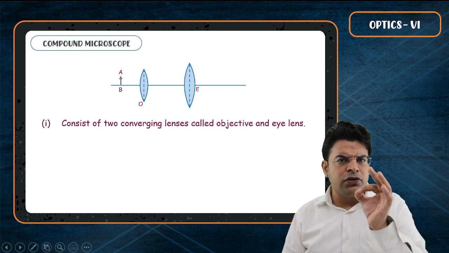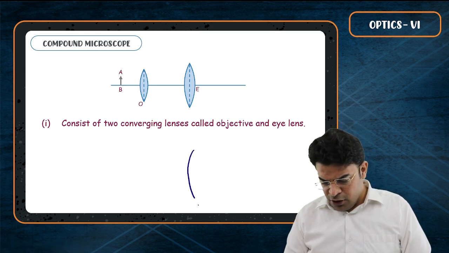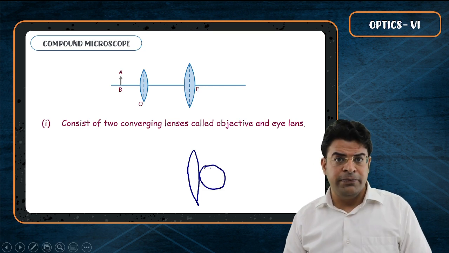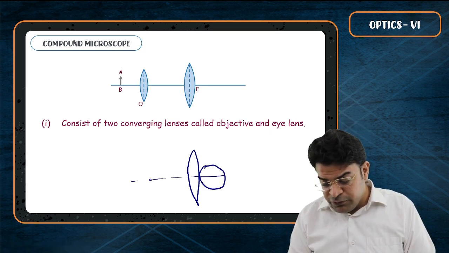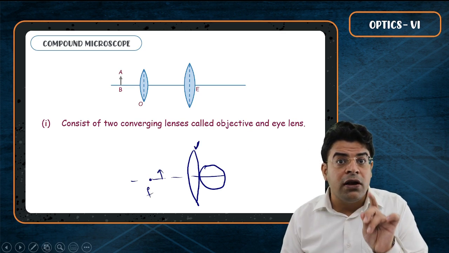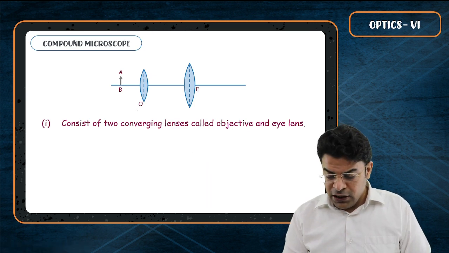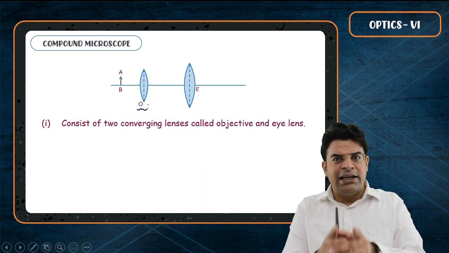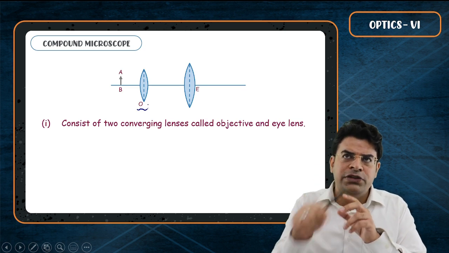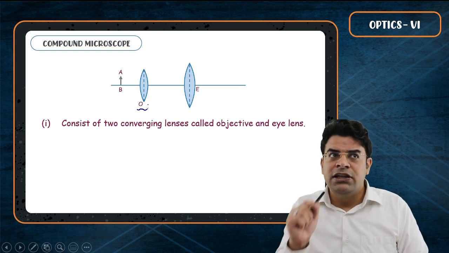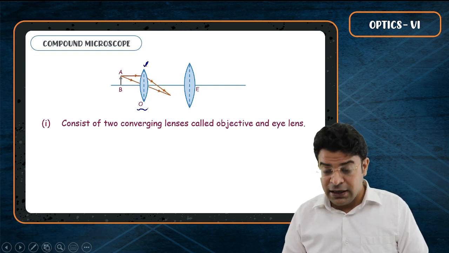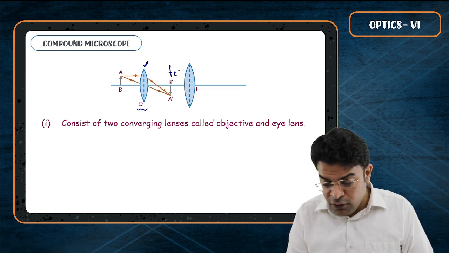And in the simple microscope we have just learned that for the lens placed just in front of the eye to work properly, the object must be placed within the focal length, so that the eyepiece can form a virtual enlarged image. So we know that the image formed by the objective acts as the object for the eyepiece, and the eyepiece will work properly when the object is placed within its focal length. This means that the objective must form a real image that lies within the focal length of the eyepiece.